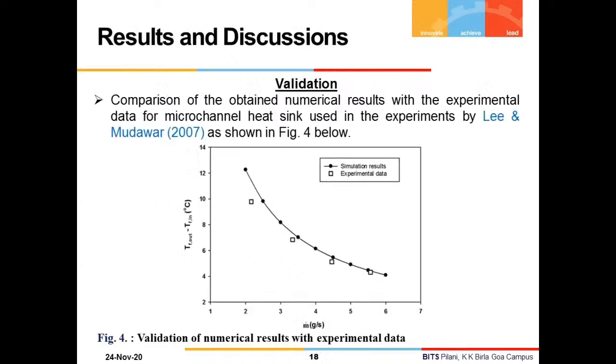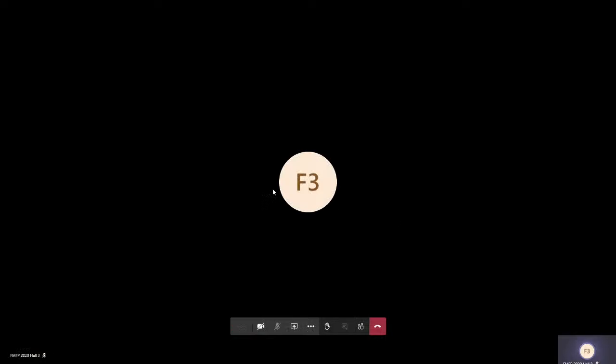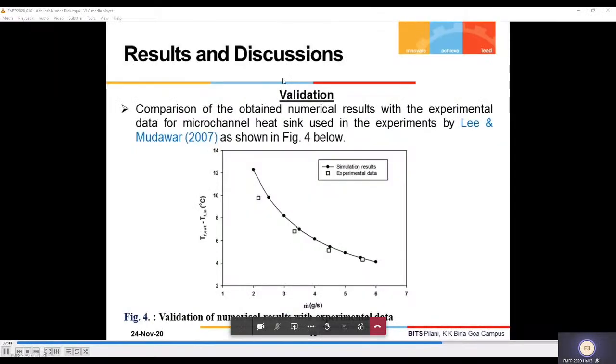Now coming to the validation of the model, the obtained numerical results are compared with the experimental data for the microchannel heat sink used for the experiments by Lee and Mudawar in 2007, as shown in the figure. The difference of the mean temperature with respect to mass flow rate is shown here, for the mass flow rate varying from 2 to 6 grams per second. You can see from the figure that the numerical